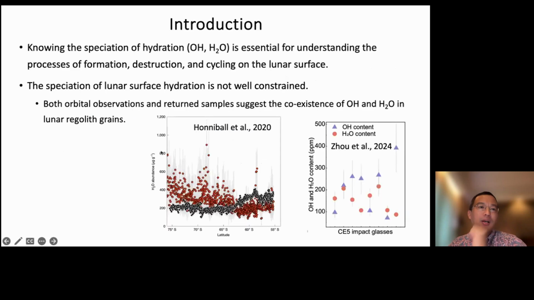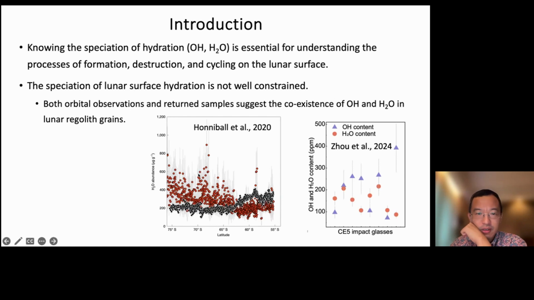As we know, knowing the speciation of the hydration on the lunar surface is very important for understanding its formation processes and also processes about destruction and cycling. Currently the speciation, either OH or H2O, of lunar surface water is not well constrained. We have both orbital and returned sample analyses showing there could be a coexistence of OH and H2O